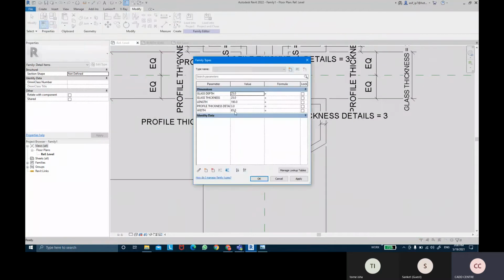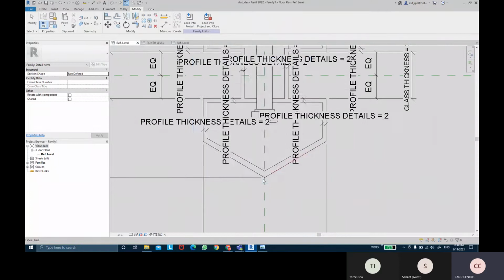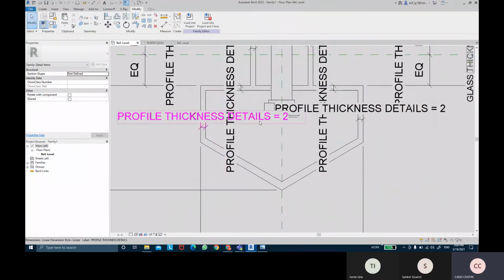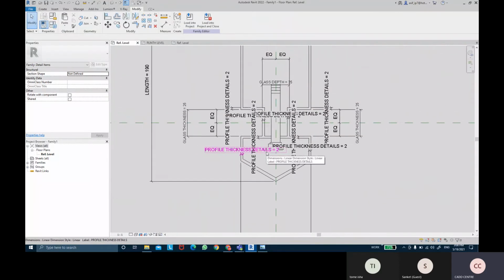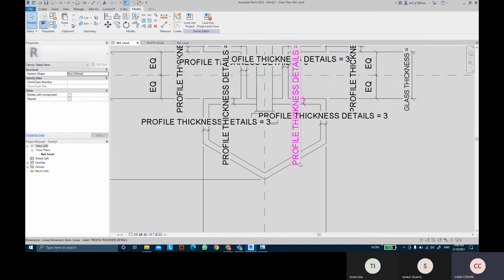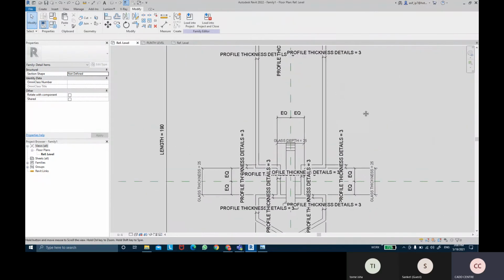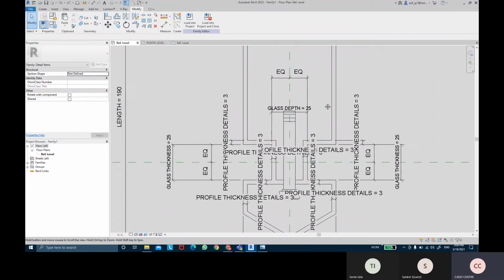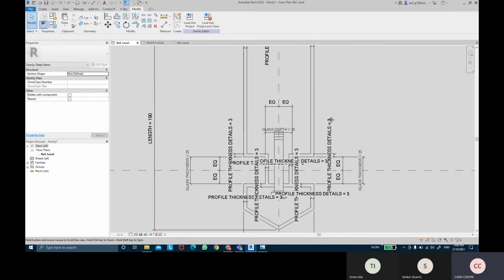So eventually, when we change this thickness, it just changes minor details. Total control of this profile thicknesses. We can also have other control thickness as well.